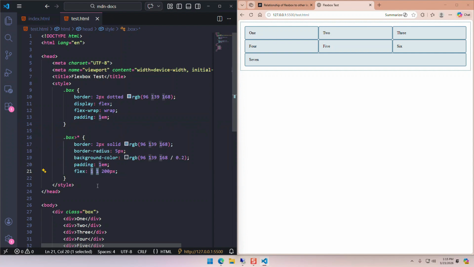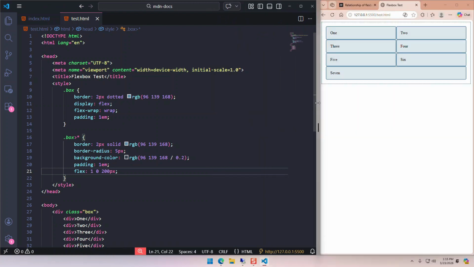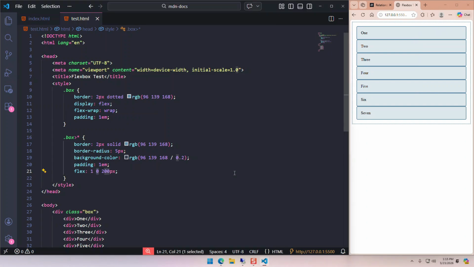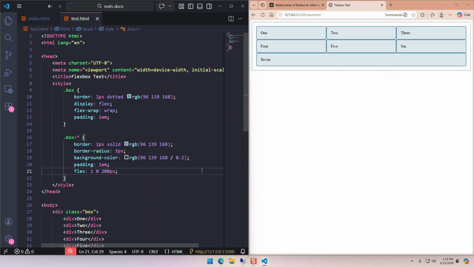Basically, this is grow. If I set that as 0, the boxes are no longer going to grow. If I put this one as 0, the boxes are no longer going to shrink. If I make the browser smaller, this isn't going to shrink those boxes. But if I put 1 here, it is going to make the boxes smaller to fit them in there. This isn't apparent here, but let's take another example. I can try tweaking this. I'm going to remove that,